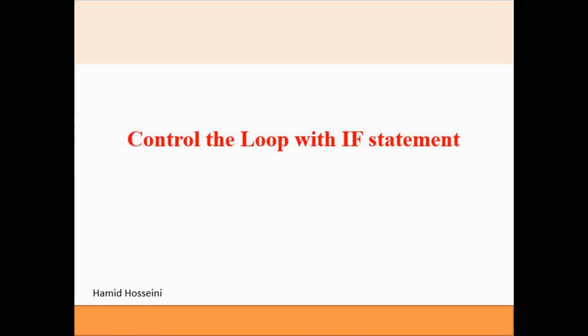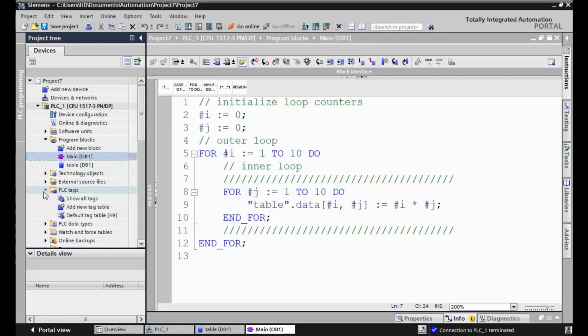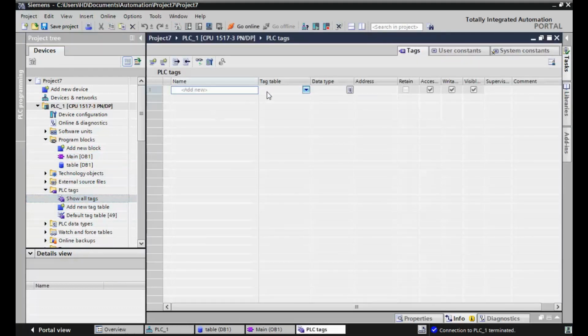Now, it's time to use the if structure in SCL to control the for loop. First, we need a binary command signal.